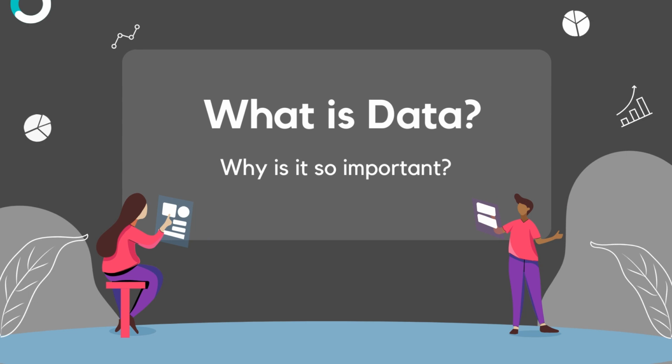Data is simply information that is collected, stored, and processed for a specific purpose. For example, when you watch a video like this on YouTube, data is generated about your views, likes, comments, and subscriptions. This data can be used by YouTube to understand your preferences, recommend more videos, and improve your experience. But data is not just numbers or text. It can also be images, videos, audio, geolocation, and others.